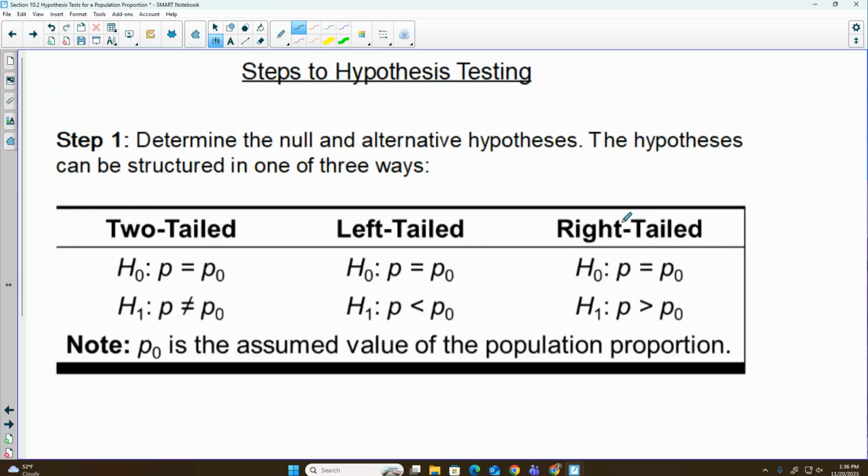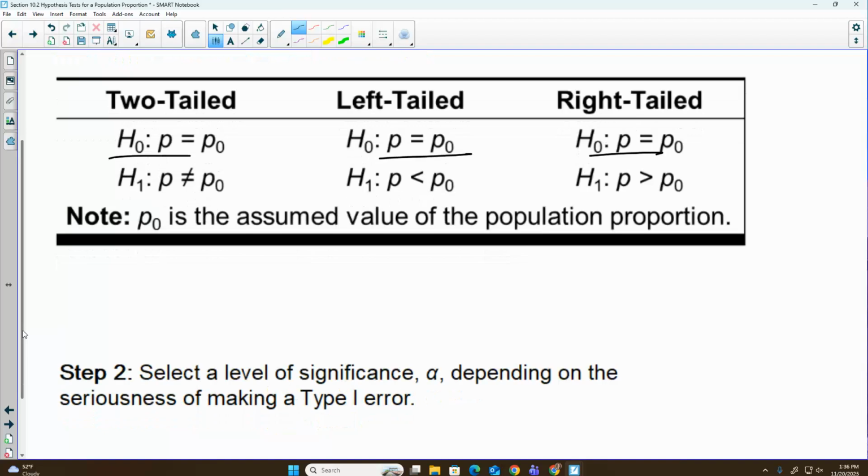So, our hypothesis testing we talked about yesterday. We can have two-tailed when we have equal and not equal. Left-tailed is less than, right-tailed is greater than. The null is always an equal to. Alternative can be not equal, greater than, or less than. The other thing to note,